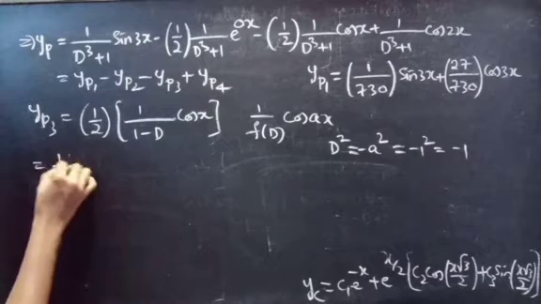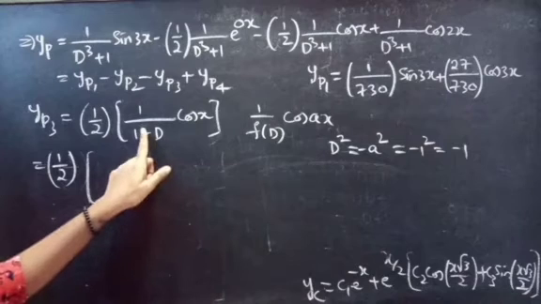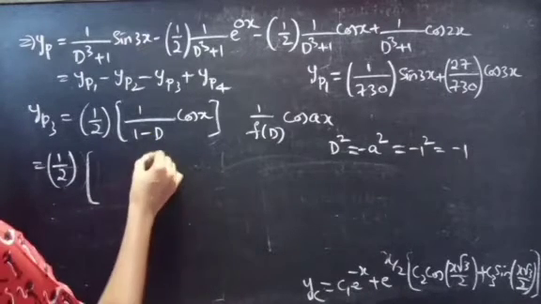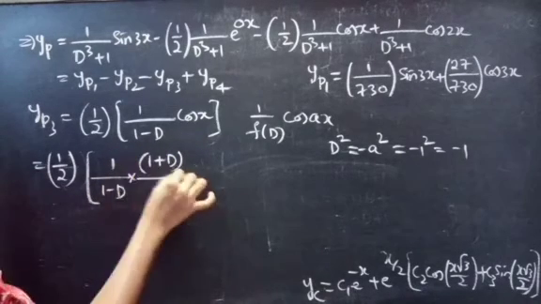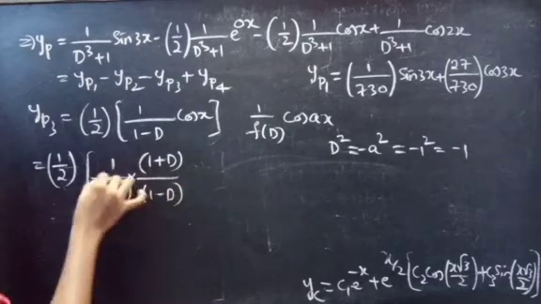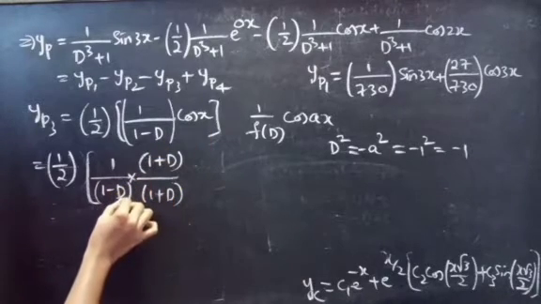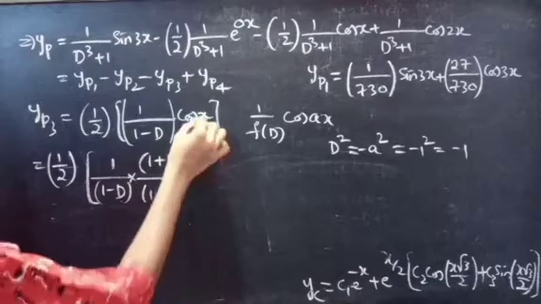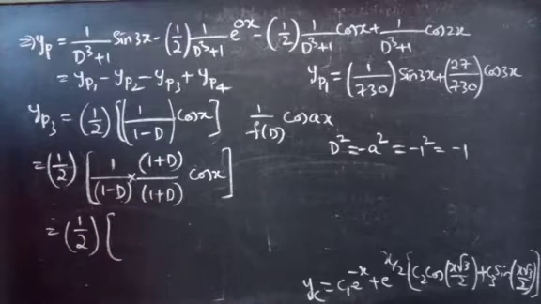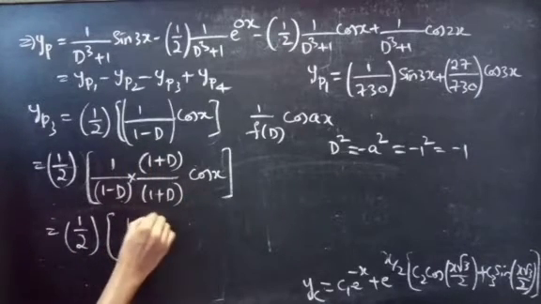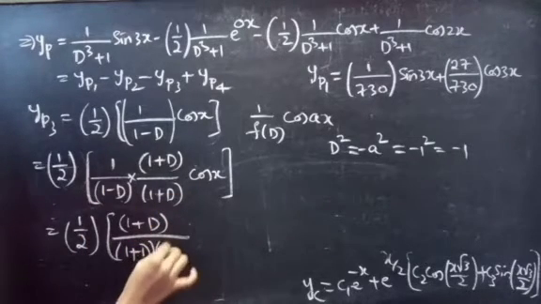Which equals 1 by 2 into. See, you are having 1 minus d in the denominator. So if you replace this minus by plus, you will get 1 plus d, right? So now let's multiply and divide by 1 plus d to this fraction. Then we'll get 1 by 1 minus d into 1 plus d by 1 plus d into cos x equals 1 by 2 into 1 into 1 plus d, which is 1 plus d, by 1 plus d into 1 minus d